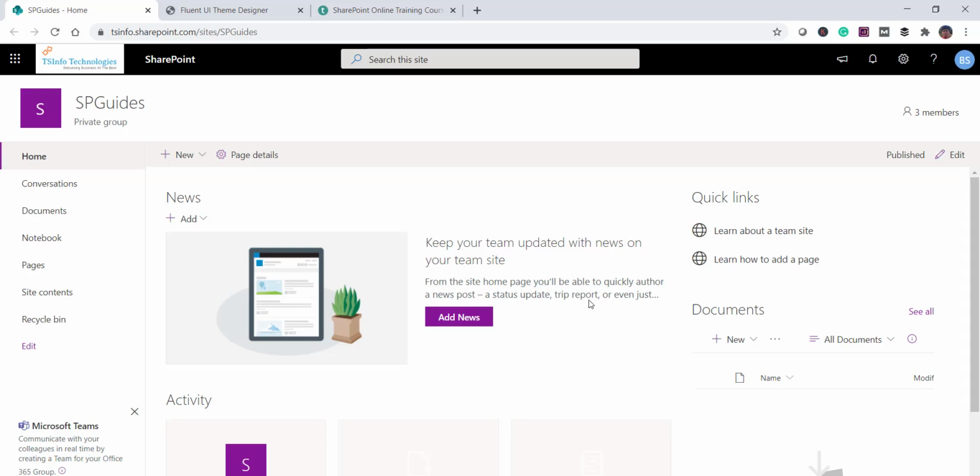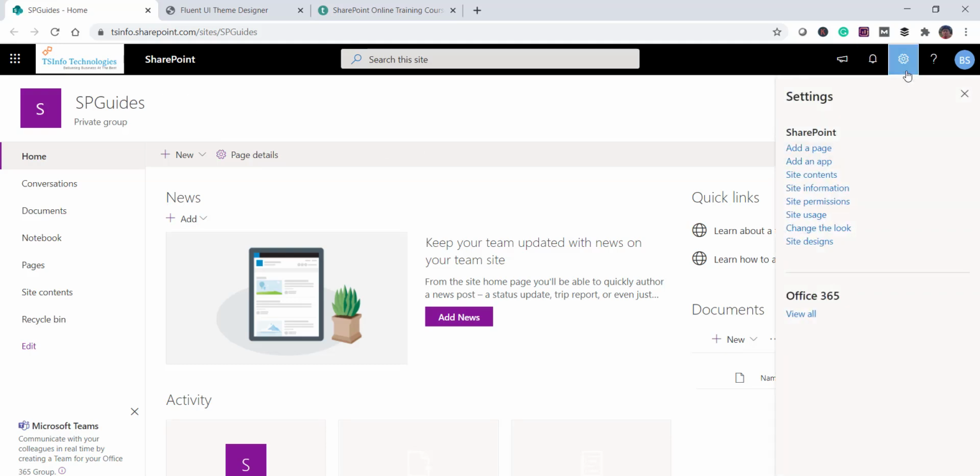Now, by default, SharePoint provides various themes on the SharePoint Online site. Like there will be a theme for blue, orange, red, purple, gray, and green color. Similarly, there will be dark yellow, dark blue, like this. So you can see all these things. You can open any SharePoint Online modern site. Remember, I'm going to show this on the SharePoint modern site. It is a little different when you try it in the classic SharePoint site, but this is a modern site. So you can click on this settings icon or the gear icon, and then,